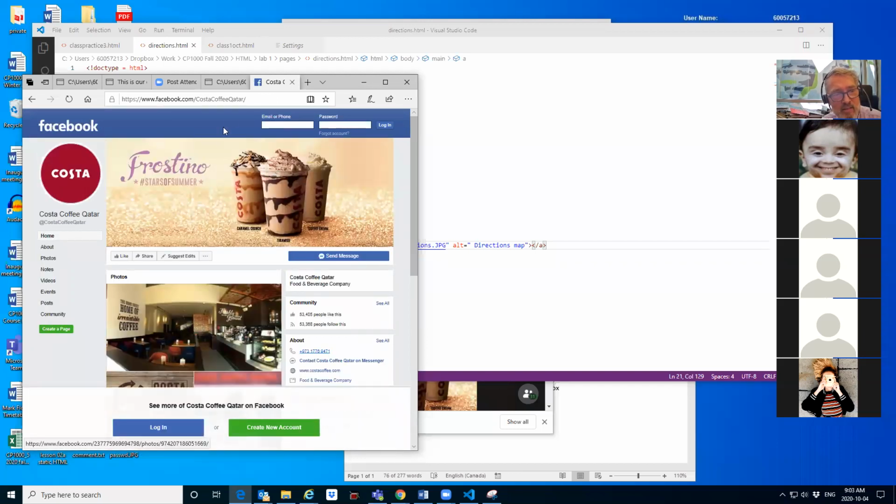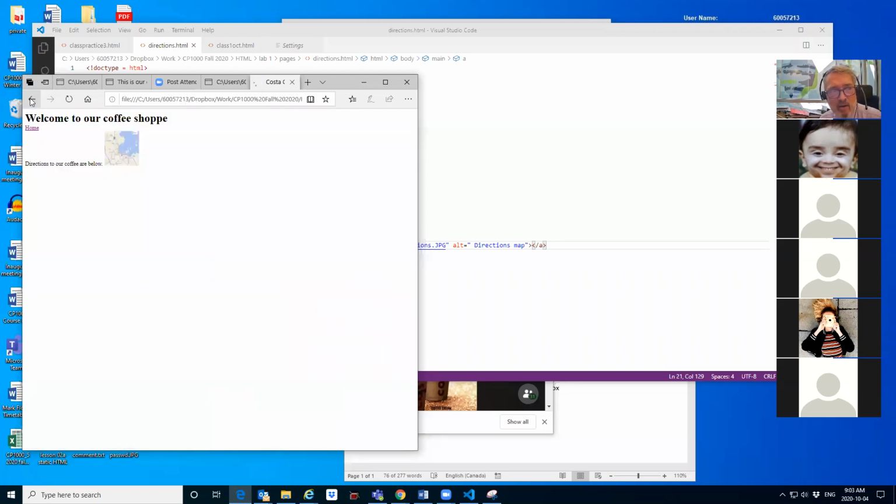So now I've actually navigated outside of my website. So if I want to get back, I have to use the browser's back arrow to get back to my website. That's kind of all that you needed to do for today's lesson. So I'm going to kind of stop at that point, I think. And I'm going to see if there's